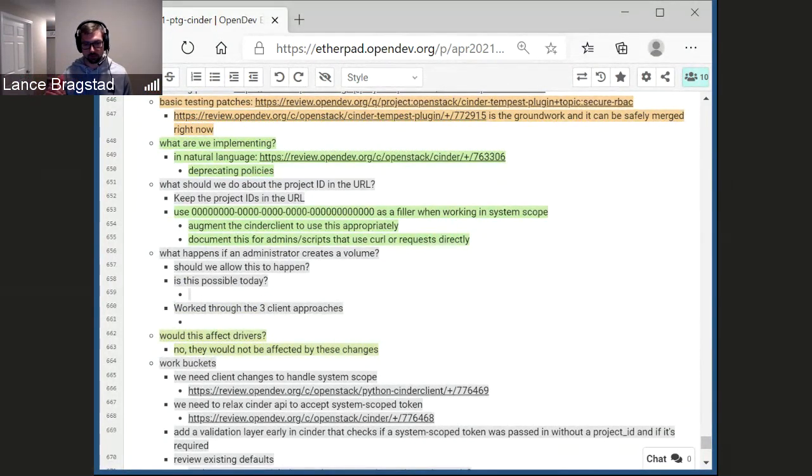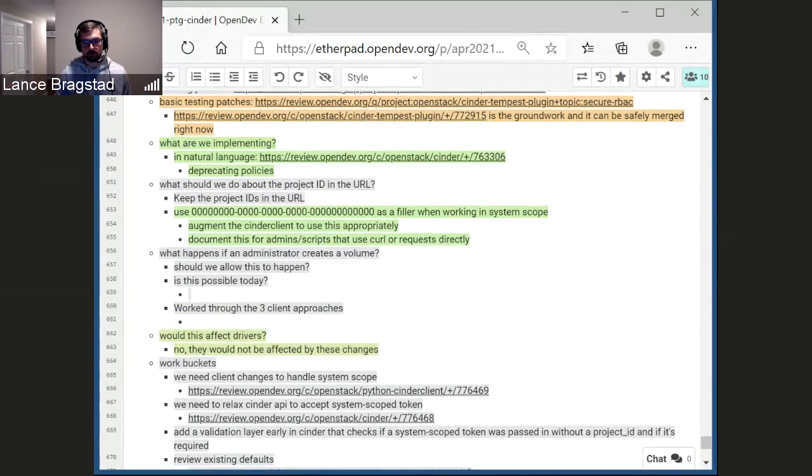So those two things would be needed in order to get system scope even consumed, right? Then at that point, we can actually start writing policies that use the system scope attributes. Like we can actually start updating Cinder's policies, which I had started doing last cycle before we started hitting some of these bits with the project IDs. I had proposed all of the patches to use system scope, and then realized that we had some more things to work through with project IDs before we could actually get that done.